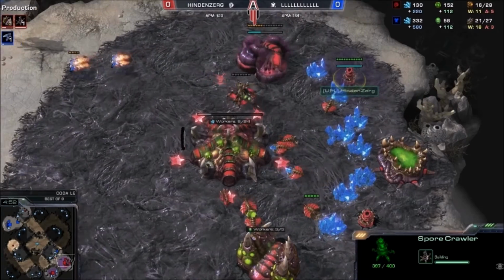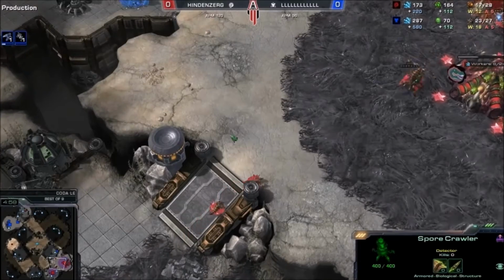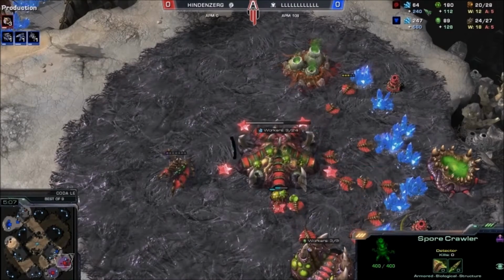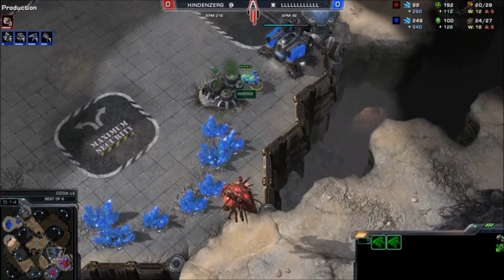Already forgetting one. The second one finishes as well. That's really too bad. The bunker does get salvaged, which is at least a small victory for Hindenzerg, but these extra Spore Crawlers really suck. You can see he's mined well over 100 gas here, forgetting his Zergling speed, just forcing a lot of pressure